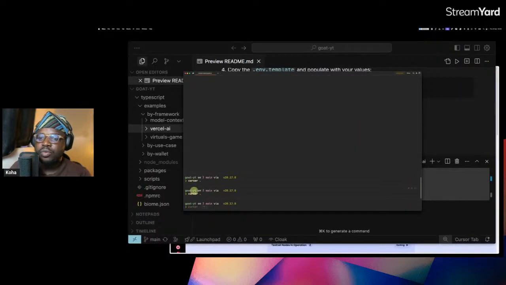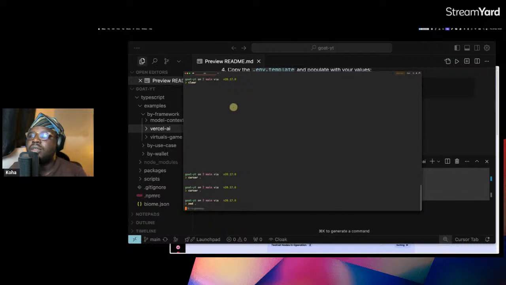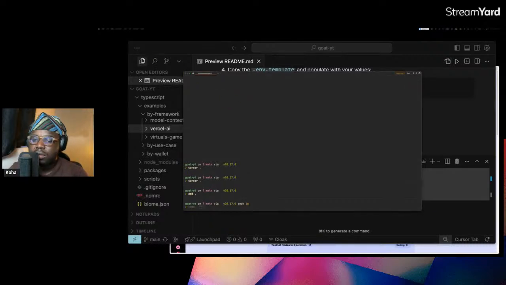What's happening is I'm trying to open this in another editor so I can access the env documents. Examples, I guess,